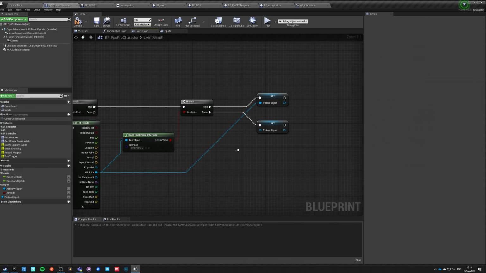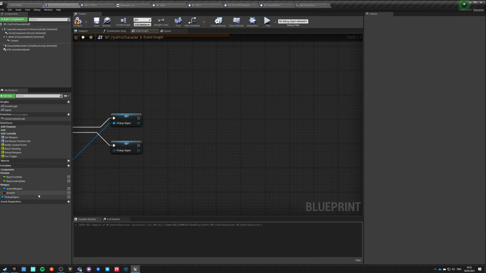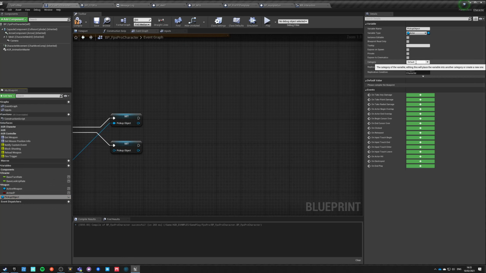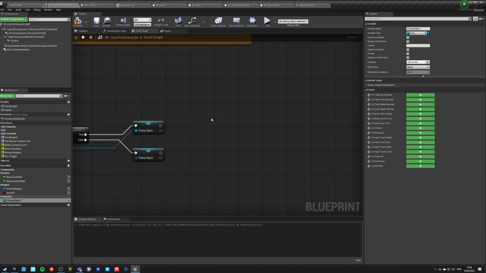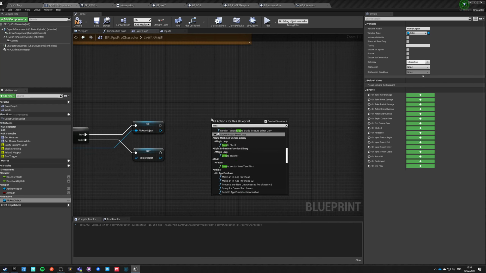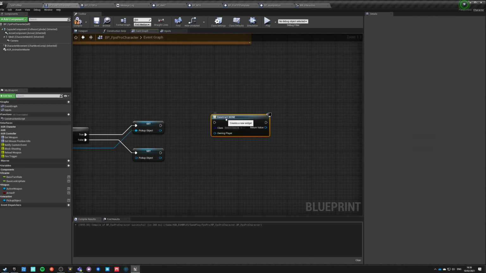And now if we have a pickup object that we just set, so this will be, by the way, interaction. So if we set a pickup object, we want to display our interface, right? So we create widget. So we construct this widget. WB interaction is a very simple one.